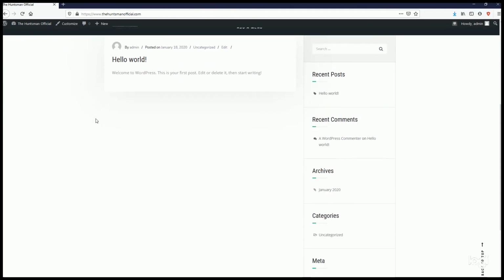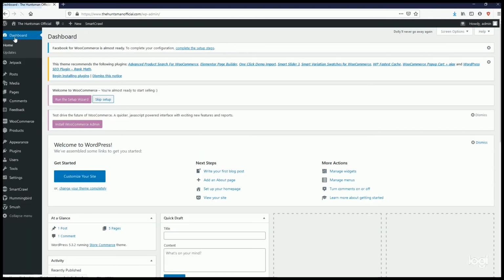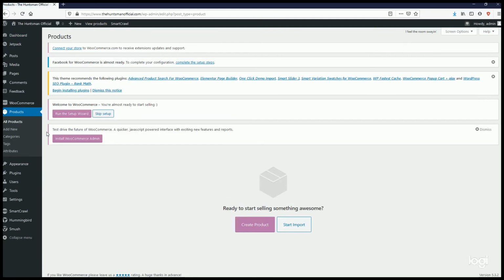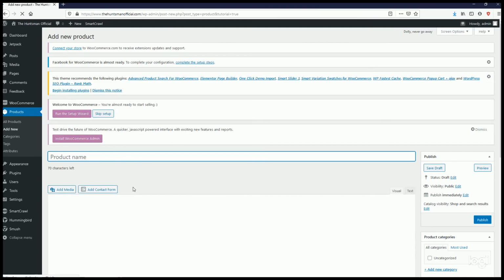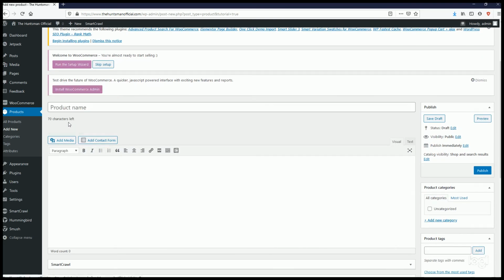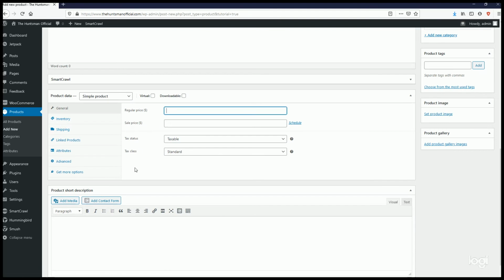Now basically we have to add content. In the next video, we will start adding product two different ways. The first way is by manually creating a product and adding it to here. And when I say manually, that means we're going to go in and enter in the product name, enter in the body description of the item, and then set up the price, put in the shipping information as far as weight, dimensions,